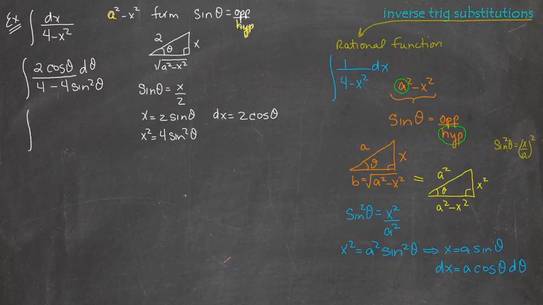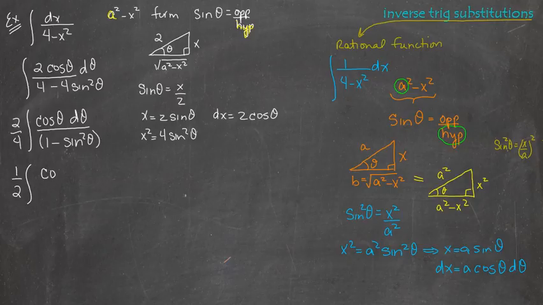So now we're basic simplifications and trig identities all the way. I'm going to pull the 2 out. So I'm left with cos theta d theta. And in the denominator, I'm going to pull a 4 out. So I'm left with 1 minus sine squared theta. I instantly recognize that as a Pythagorean identity. And so I have the cos of theta d theta, and I'm going to go ahead and write it out